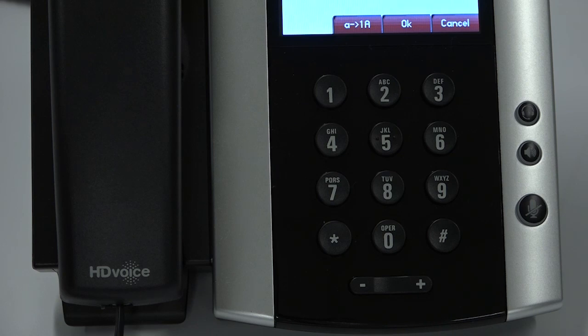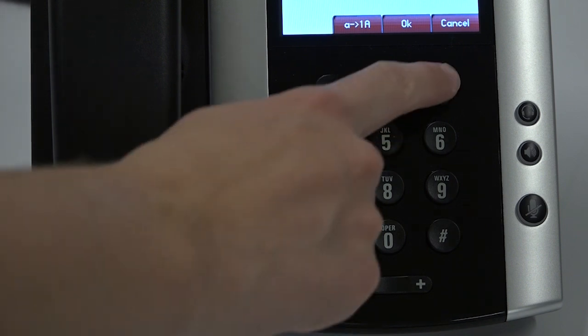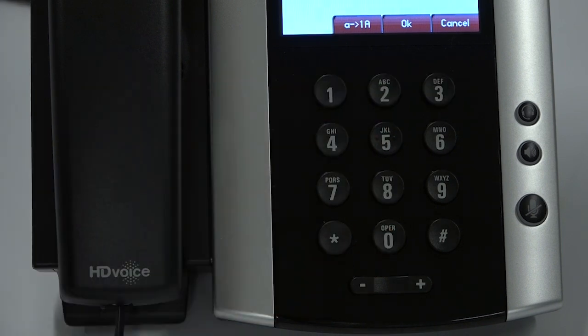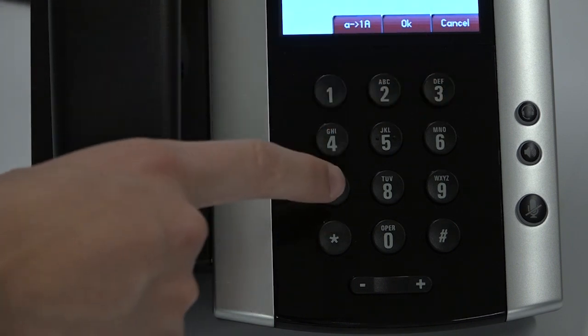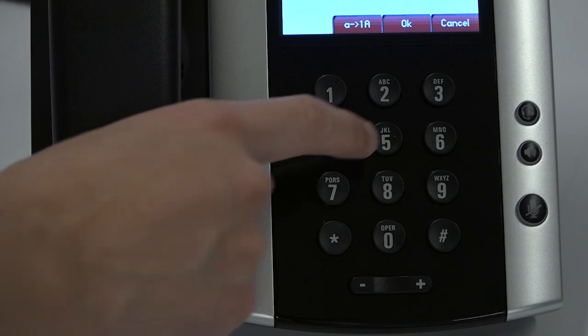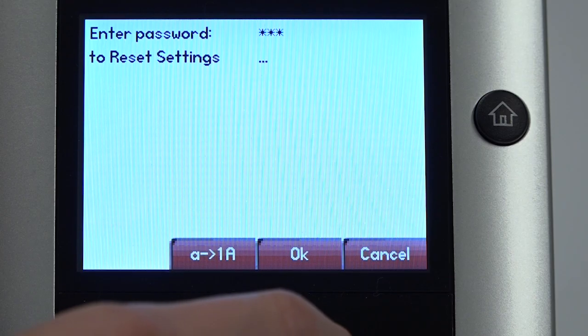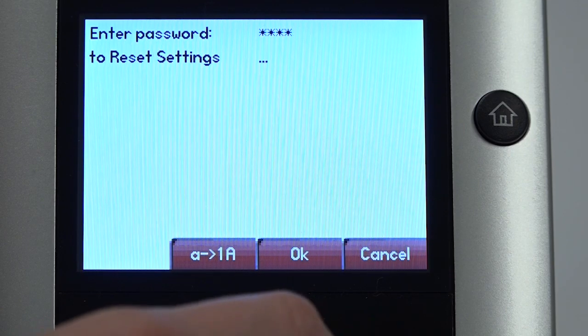Because each key has multiple letters assigned to it, you need to press the key the number of times corresponding to the placement of the letter. For example, if you want to type the letter F, the 3 key would be pressed 3 times. To type a T, the 8 key must be pressed only once. Please note that if a character is repeated, such as FF, you should pause 3 seconds before typing the second character. This pause allows the cursor to move to the next position.